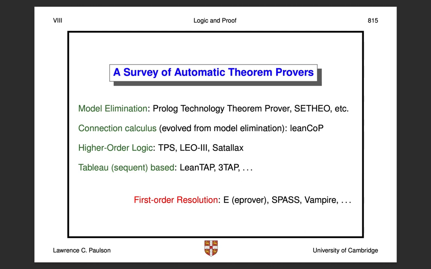These are extinct now, though they were cool in their time. Even today, there is the connection calculus, which has emerged from the model elimination techniques, and there are some systems that use that. There are various other systems based on higher order logic, based on the sequent calculus, but